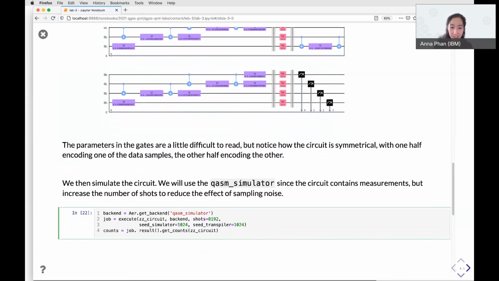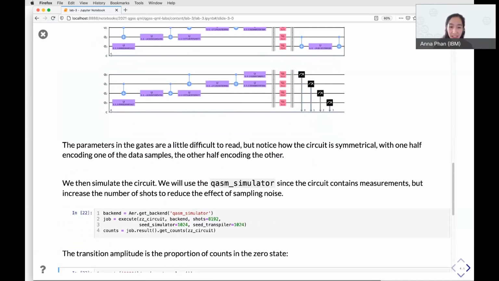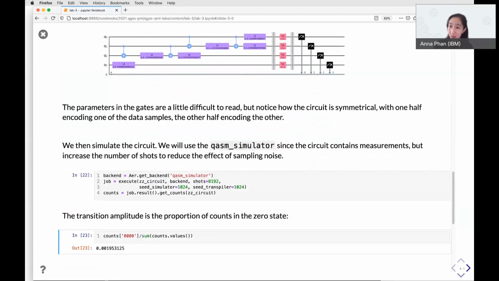And our transition amplitude is just the proportion of counts in the 0 state compared to the rest of the states. So you can see here, we get a fairly small number, 0.0019, or just really rounded up, 0.002.